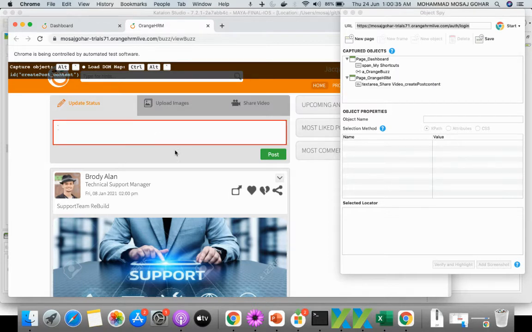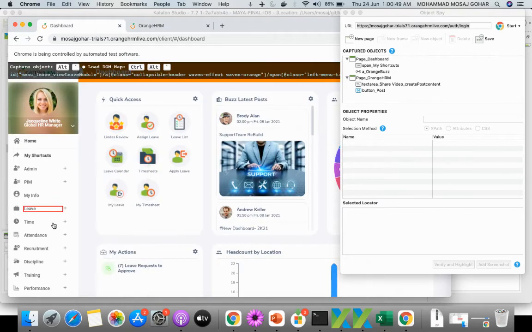Okay, the text area is there, and then the post button as well. These things are done.